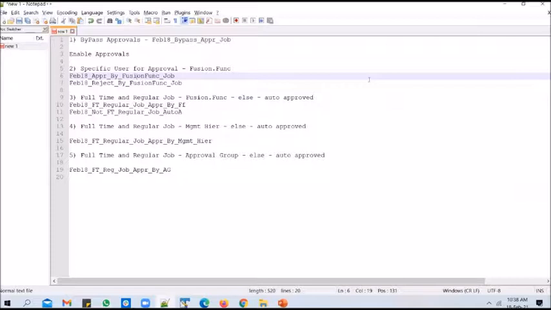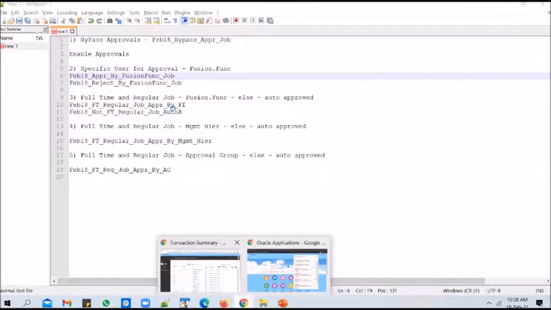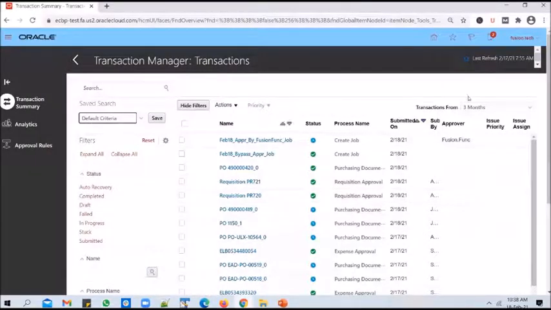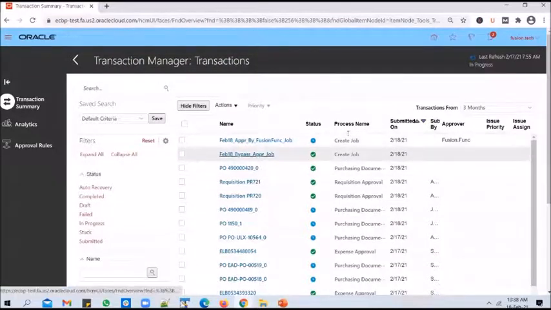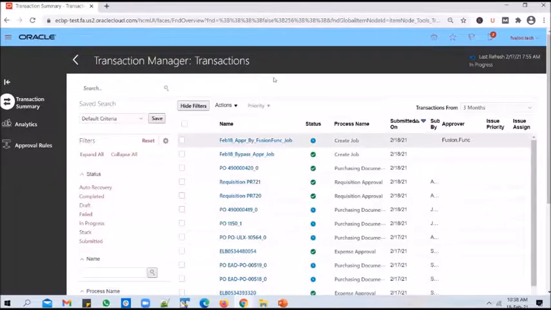Now let's. Okay. You can track it by going into the summary screen. So if you go into transaction summary, if you refresh the page here, you will be able to see the details in here. You will be able to see that are submitted, and you can also figure out whether they are approved or rejected here.